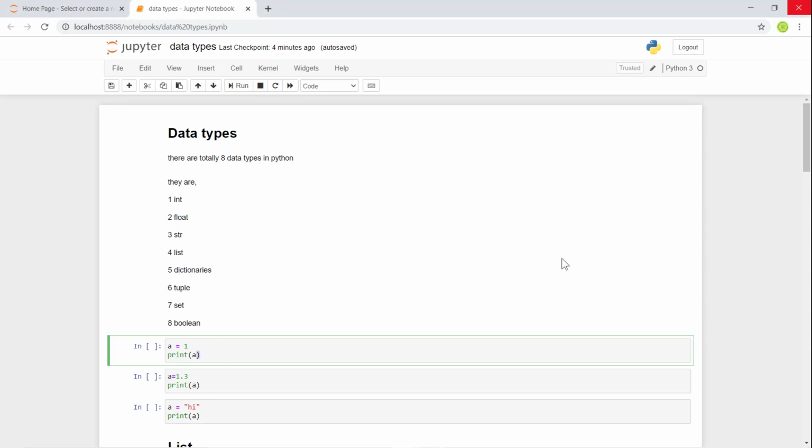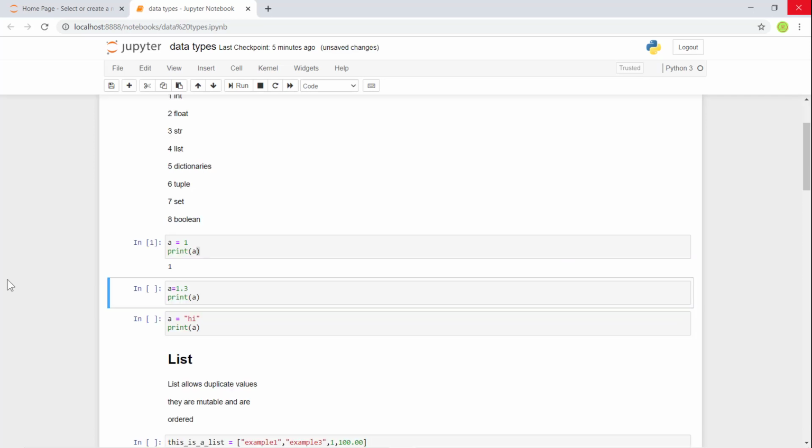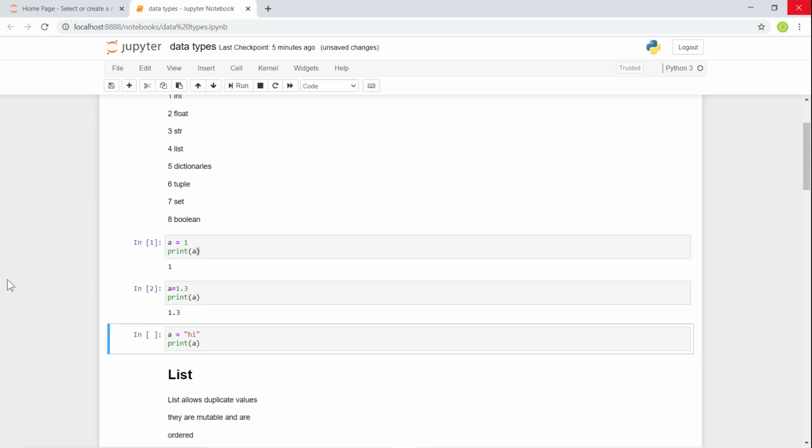First, int data type. As we all know, int represents the number. The main advantage of Python is we can reassign the same variable to as many constants as we want. Like in C, it does not throw an error. See, I am assigning a once again to another constant. It doesn't throw an error, whereas it overwrites it to a string.